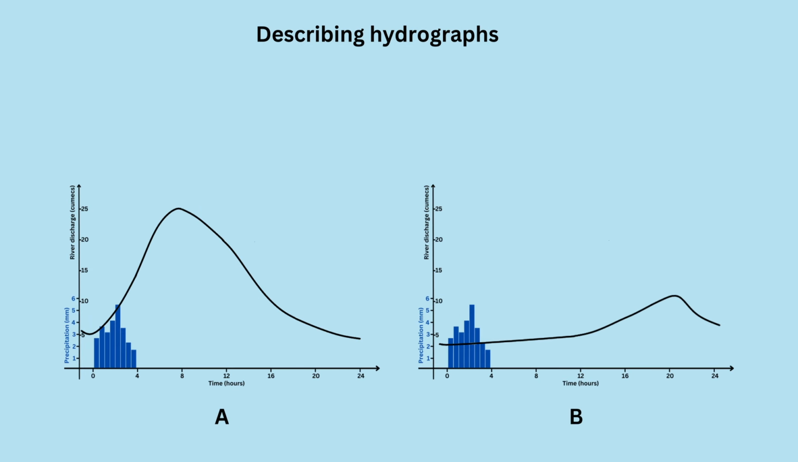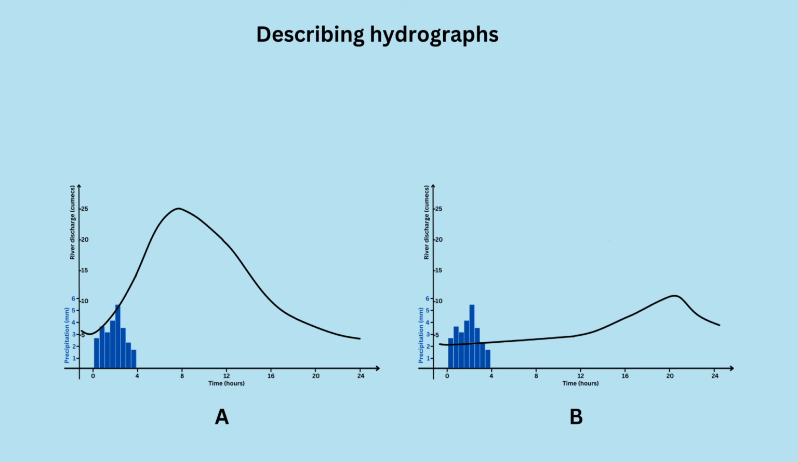Let's compare the hydrographs of two small rivers experiencing the same rainfall event. Hydrograph A is flashier than hydrograph B. It has a higher peak, 25 cumecs, as opposed to 10 cumecs, and a shorter lag time, 5.5 hours, in contrast to 18.5 hours. The rising limb for hydrograph A is much steeper than that for hydrograph B, as is